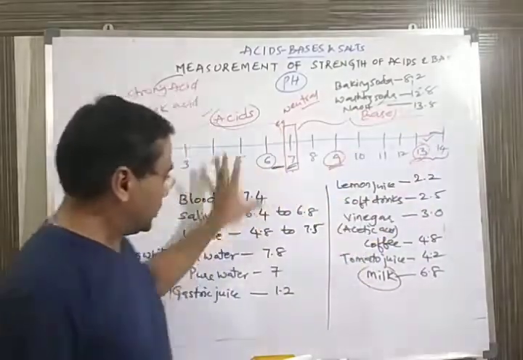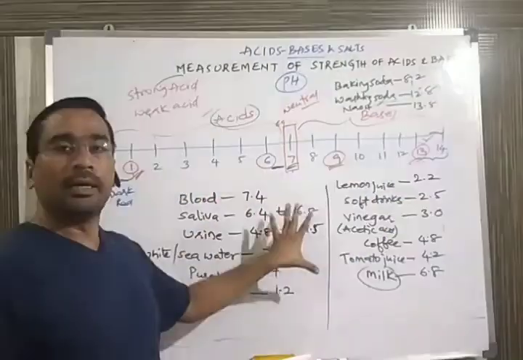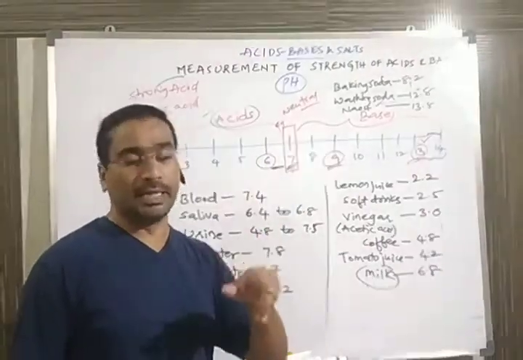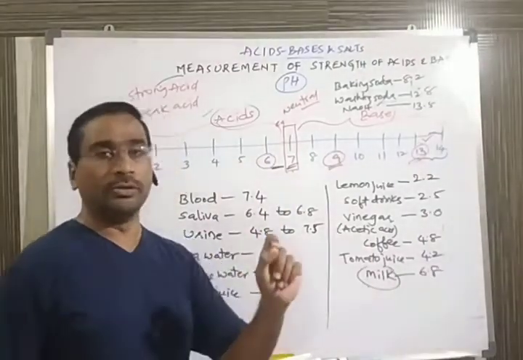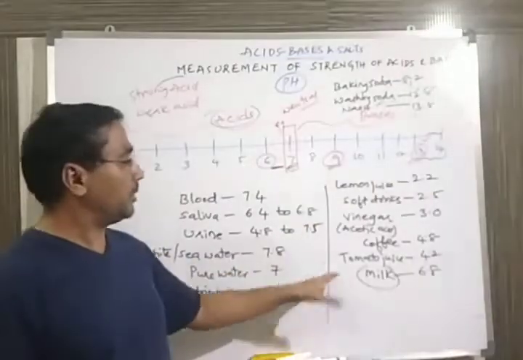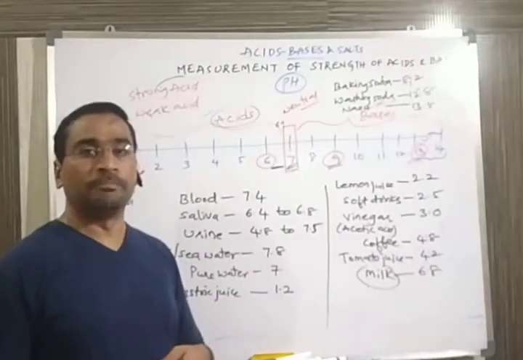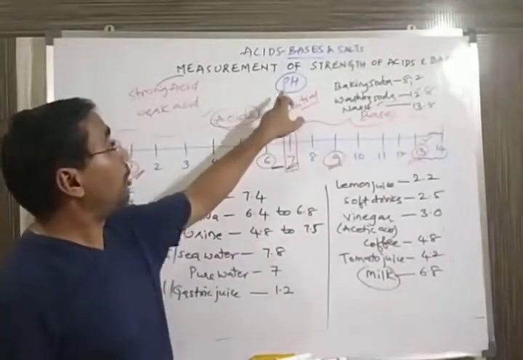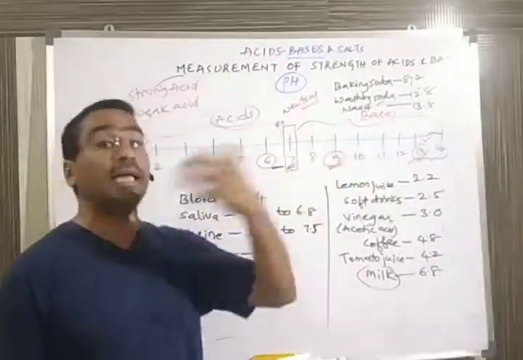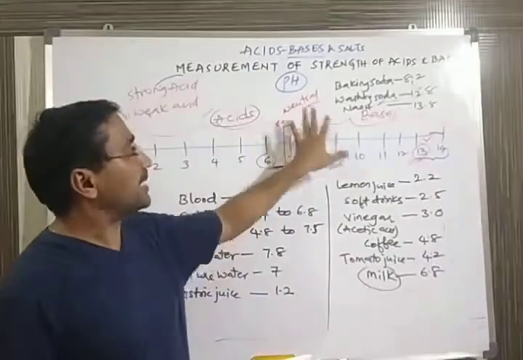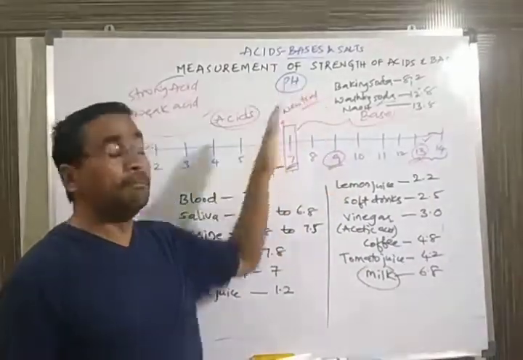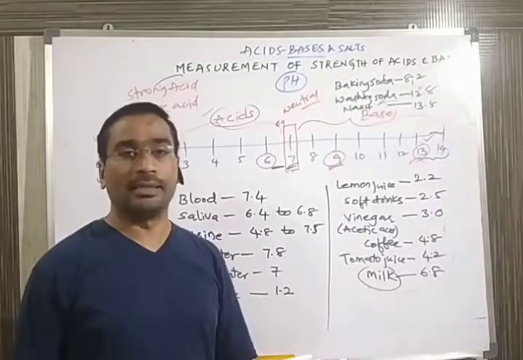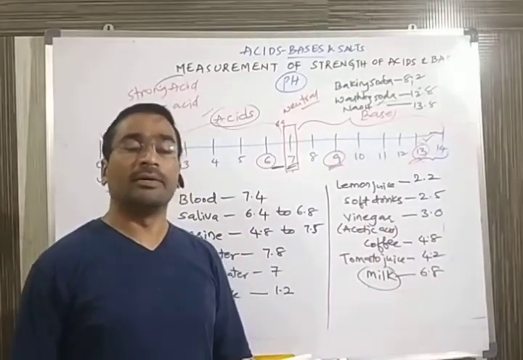So like this, you can note down the examples, because in your book also there is a table to note down the values. A few of them you can note down and it will be helpful. And in the next session, we will discuss the importance of pH in our daily life. It's not only for acids and bases; we will see the importance of pH in our surroundings. That we'll discuss in our next session.